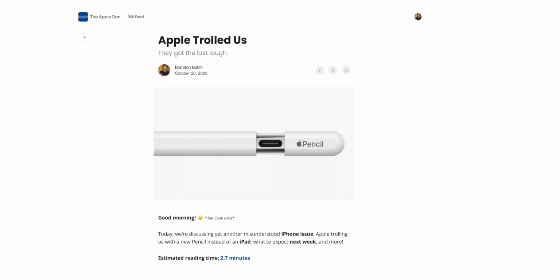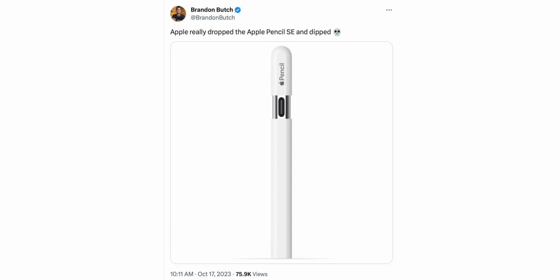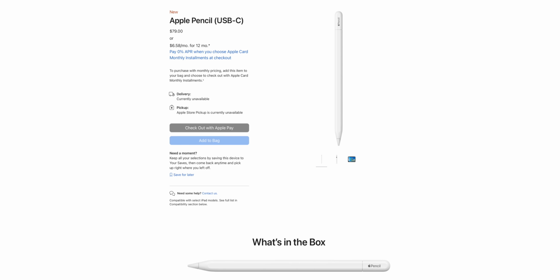So unless you were living under a rock this past week, Apple pulled the biggest troll in years on us. And that's because they released what I'm calling the Apple Pencil SE. So the Apple Pencil with USB-C, they launched that this past week when everybody was expecting a new iPad. But instead, we got this $79 USB-C Apple Pencil, which tells me that 2024 is going to be full of iPad releases,